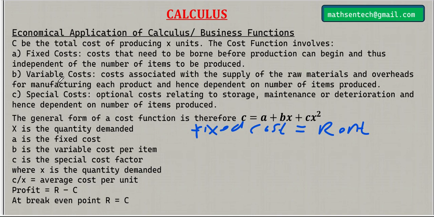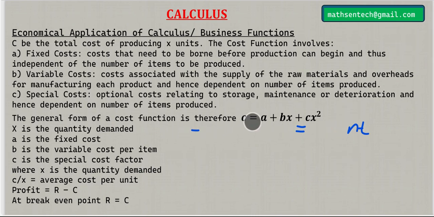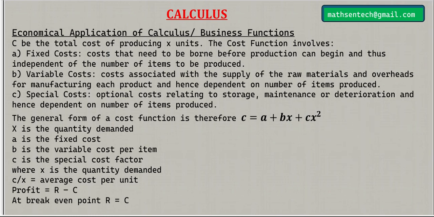Now variable cost. These are costs associated with the supply of raw materials and overheads for manufacturing each product, and hence dependent on the number of items. So the variable cost is actually called variable. Why? Because anytime the quantity changes, and we said quantity can be Q or X, the cost